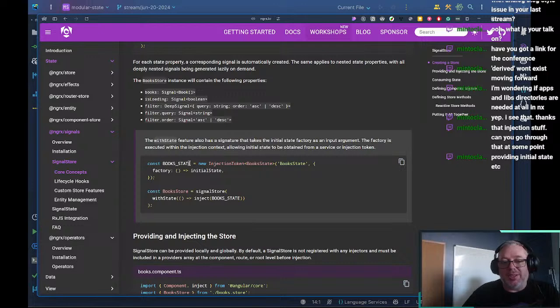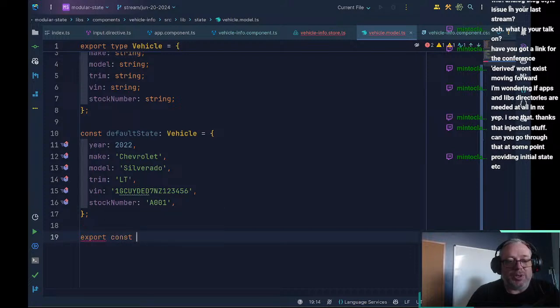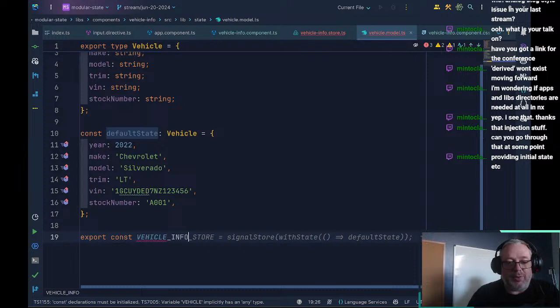the other thing they did is they created this injection token that gives us a book state. Factory as the initial state. This is returning the book state that has the initial state. So we can do the same, right? What we can do is we can just say, hey, export a token for me, right? And we can say export const, and here we can say, hey, vehicle info state equals